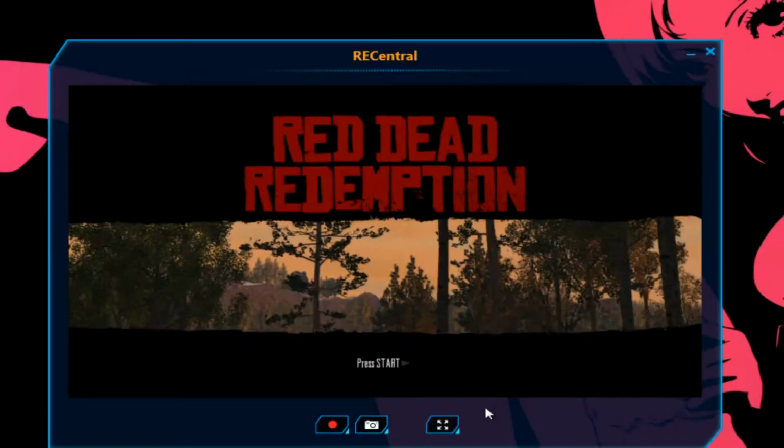So we'll hit ready. The great thing about this program is we can maximize that. So if you're playing it on a computer monitor, or if you're fortunate enough like me to be playing it on a TV, you can actually hit your maximize button and you can play it in full screen. And then you can commence and stop your video recording with your hotkeys on your keyboard. And that's it. You just chat away, you play your game, you do your commentary, and then you hit your hotkey to stop recording, and that will give you your 1080p